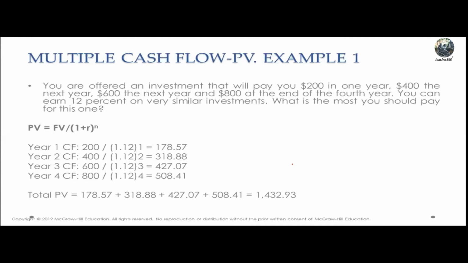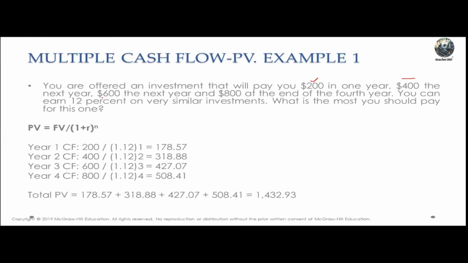Present value of multiple cash flows. Like future value, here we also try to find out the present value of multiple future cash flows. You are offered an investment that will pay you $200 in 1 year, that means the first year, $400 in the next year, that means the second year,